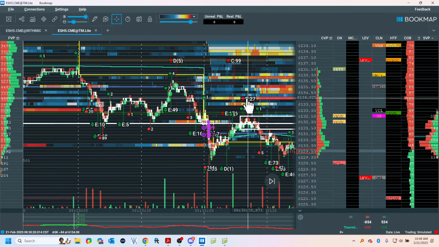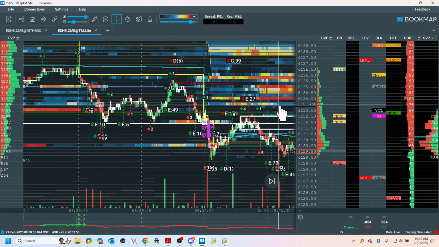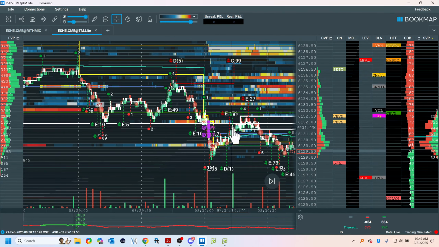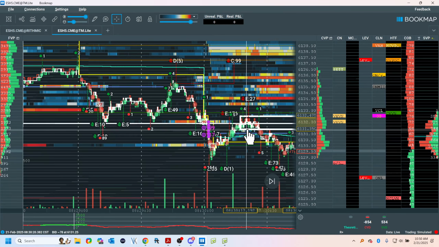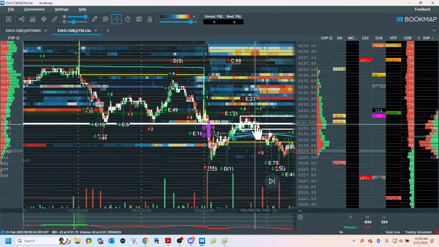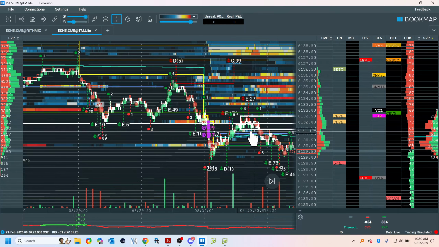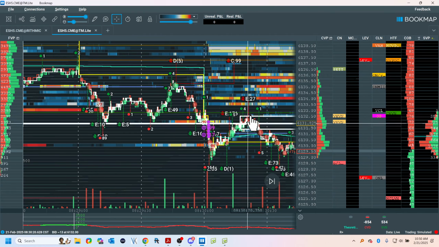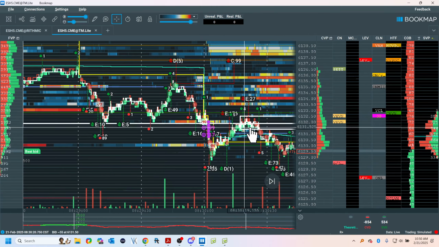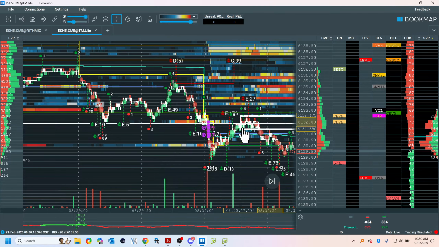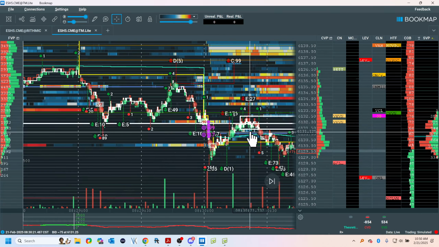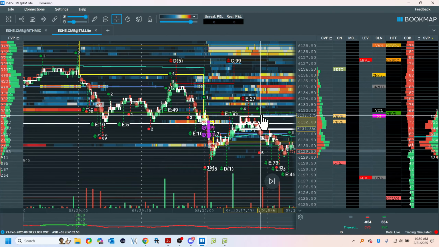Sellers are here. There's your iceberg. You got your liquidity. Who knows? And your buyers are right here. So it's an auction. I'm buying, they're selling. Who wins? Think of it like a little shootout. Also, if you like, think of it like a store. An auction or a consolidation is a pause where the buyers and sellers interact.